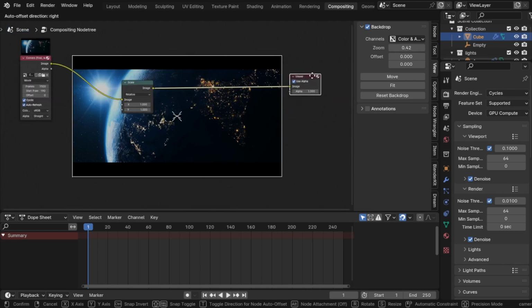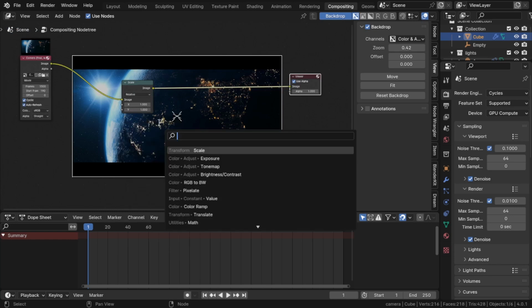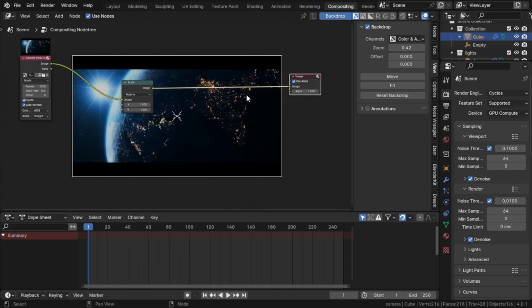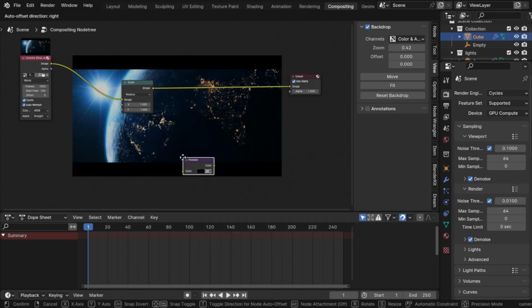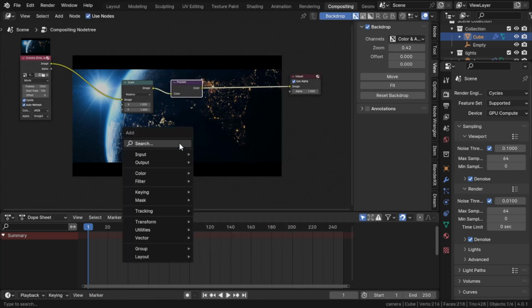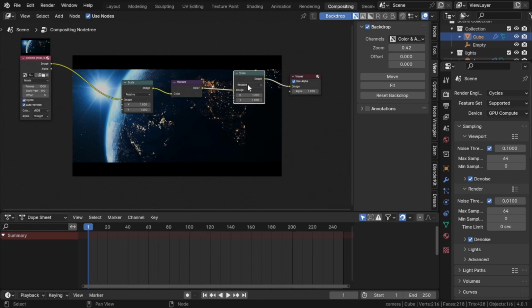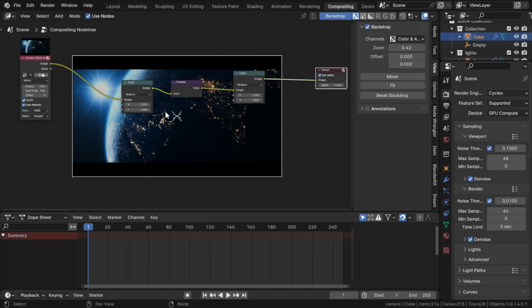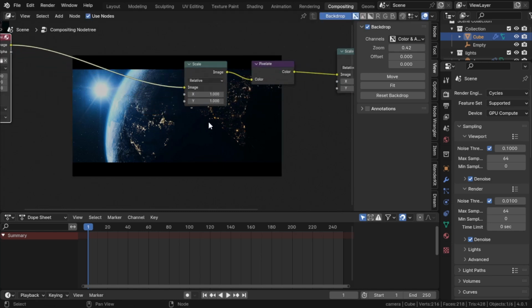First thing we want is scale, and then we don't have to actually save it somewhere and bring it back, because that's what Pixelate will do for us. And then we are going to scale it back. That's pretty much what we wanted to do, right? But the question is how much scaling we want. That's the important part, right? So the thing is that